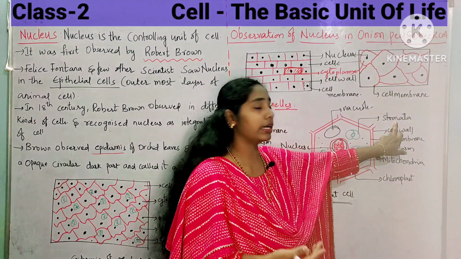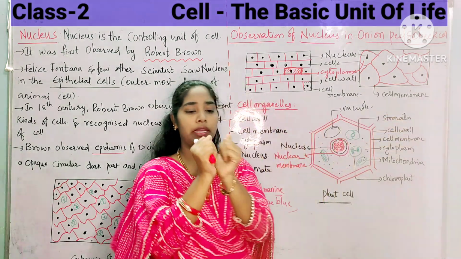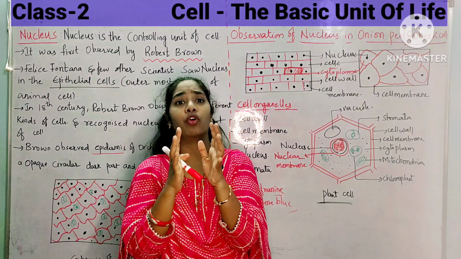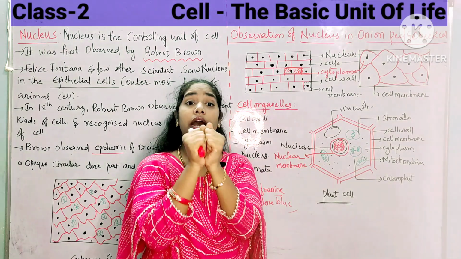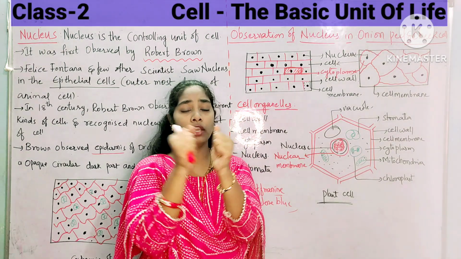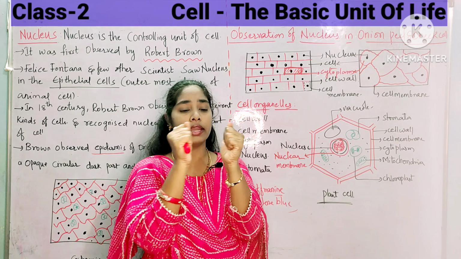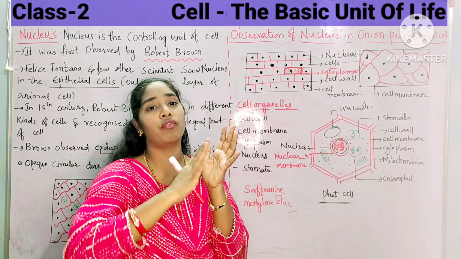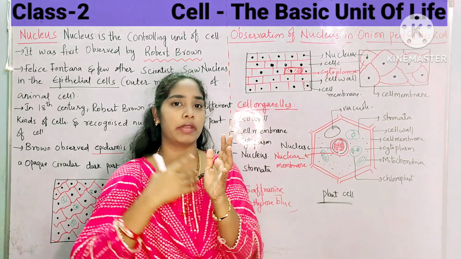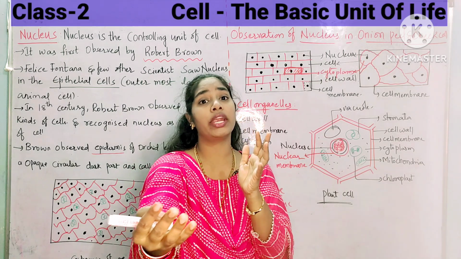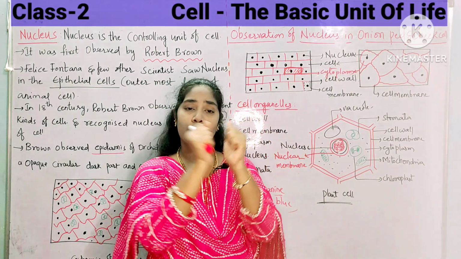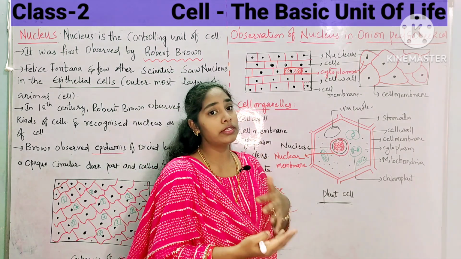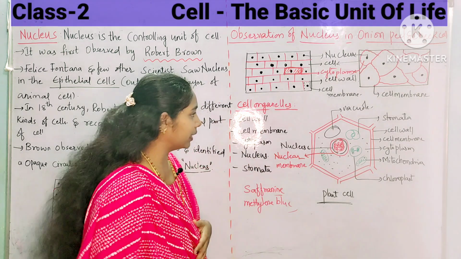One more organelle is the stomata. Stomata is like a pore-like structure, and that pore is guarded by two guard cells. Those guard cells get opened and closed. When it is opened, the extra amount of water is released or exchange of gases takes place. Carbon dioxide, which is required for the plant, comes inside when the stomata opens. So that is its function. We will discuss the stomata clearly in the upcoming classes.